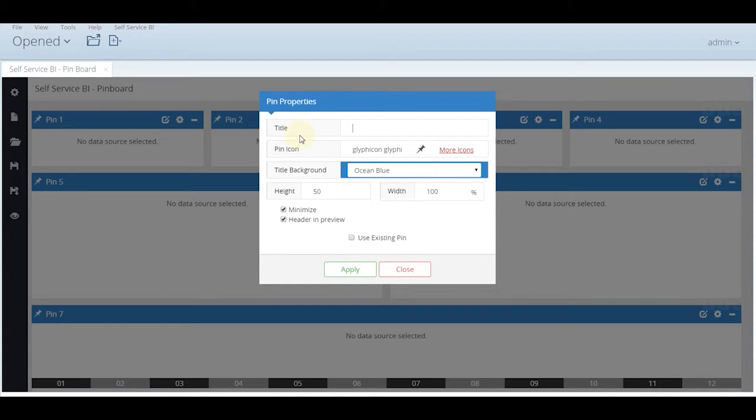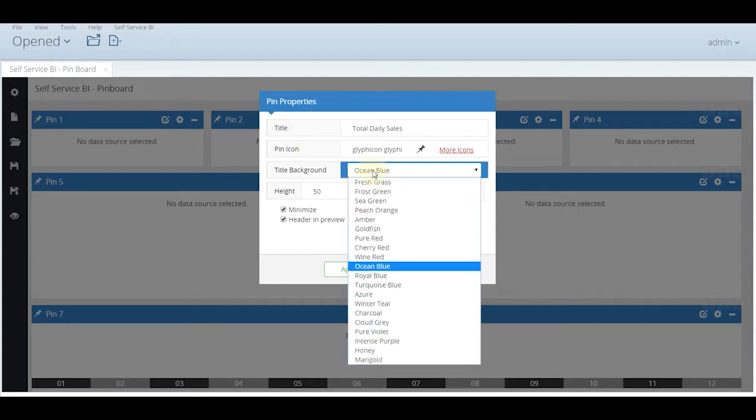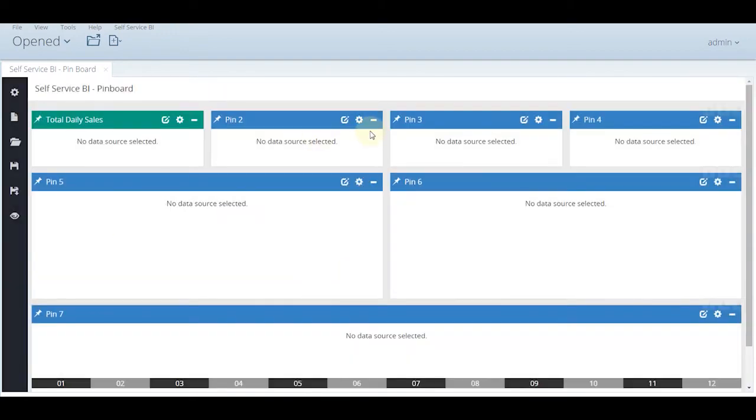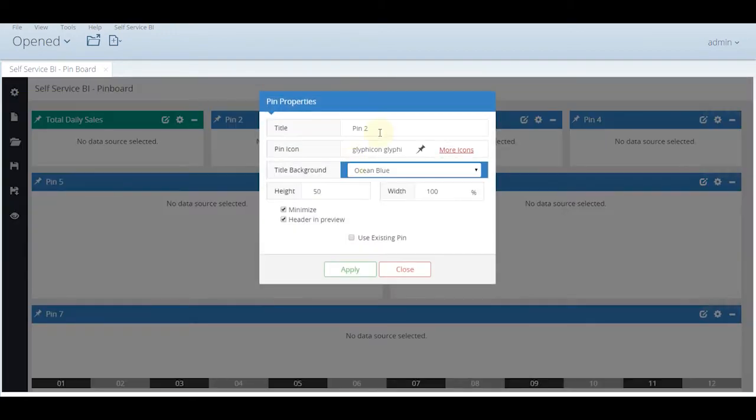Pin number 1, we will be labeling it as total daily sales. You have the option of changing the color of each of the pins to make it look more colorful and attractive. Then comes pin number 2, which is named as the average basket value.